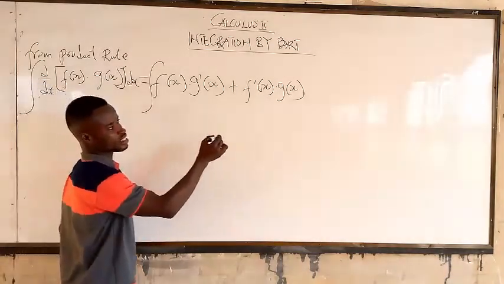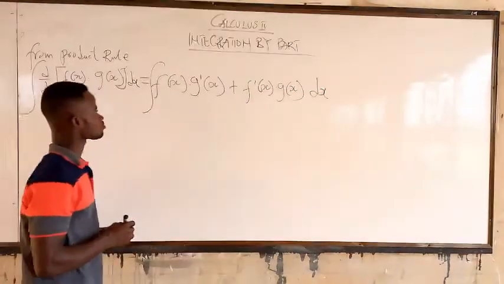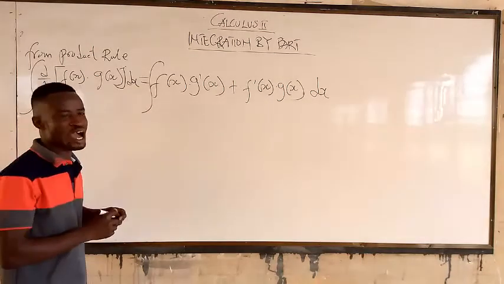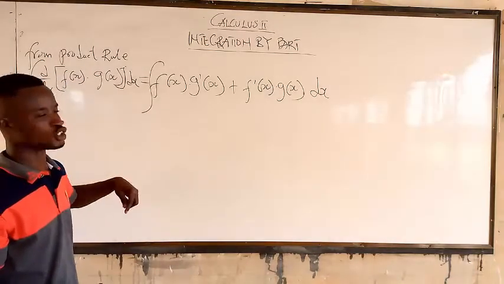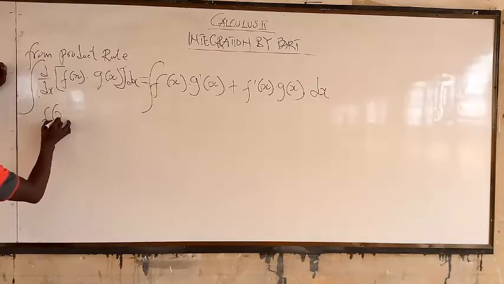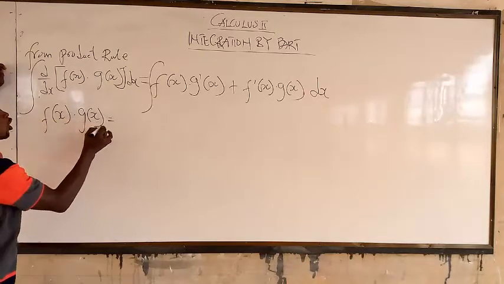Very good. Anytime you have a derivative function and you integrate it, you get the function back. So when you integrate this, you get f of s times g of s to be equal to